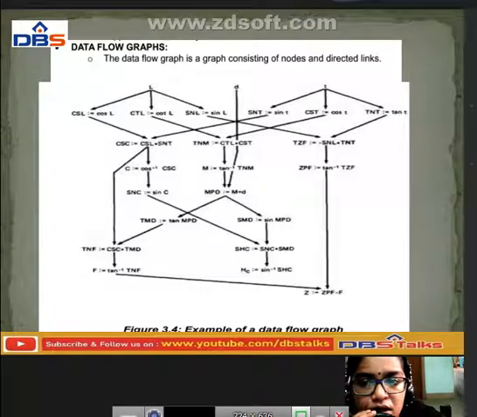See, this is CSL, and here it is CTL, and this is sin L. From this we are going to perform CSC, which means CTL plus SNT. CTL means this one, SNT means this one. That is from this path to this path, and this path to this path. It has to take the control.